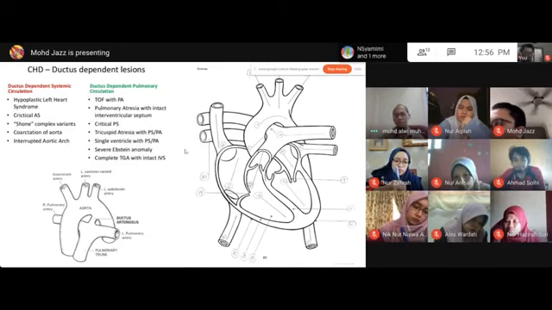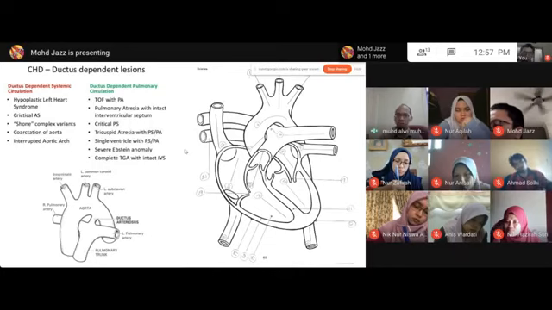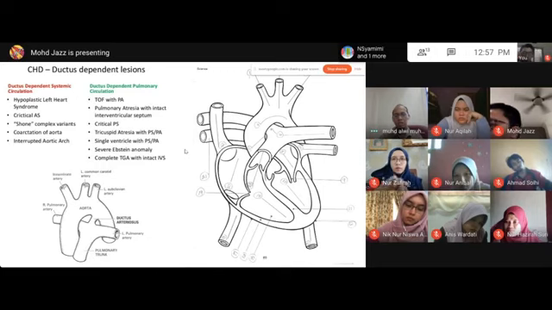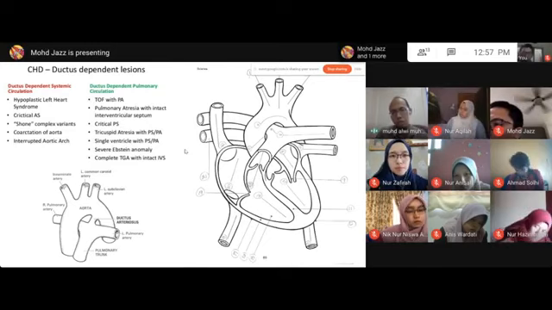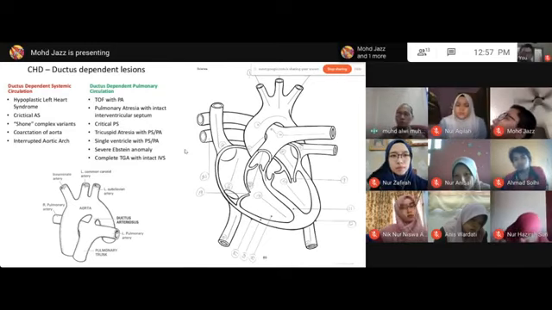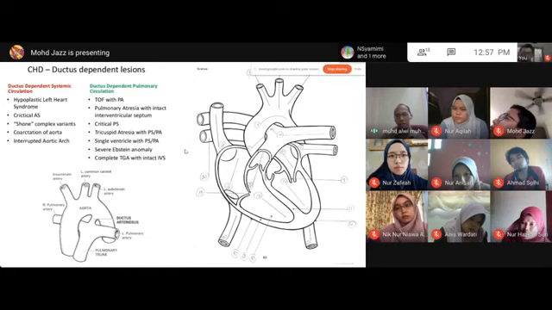So which is PDA, just that. Because VSD is just a connection between the left and right ventricle. VSD does not guarantee the blood supply to the pulmonary, especially if the lesion is at the pulmonary valve and above. Then VSD has no role. No role. Do you understand? For example, if you have pulmonary valve atresia, even if you make a VSD, the blood won't get to the lung. Okay, do you understand? What you need is a PDA to bypass the